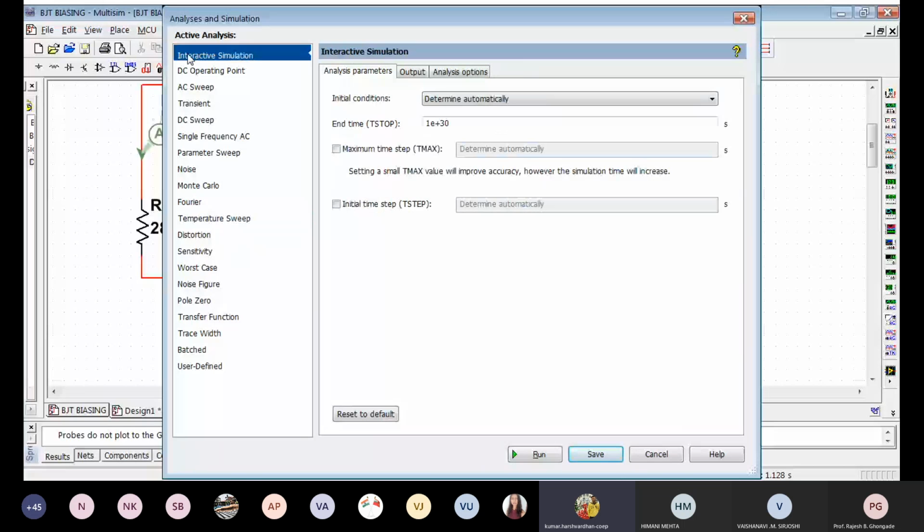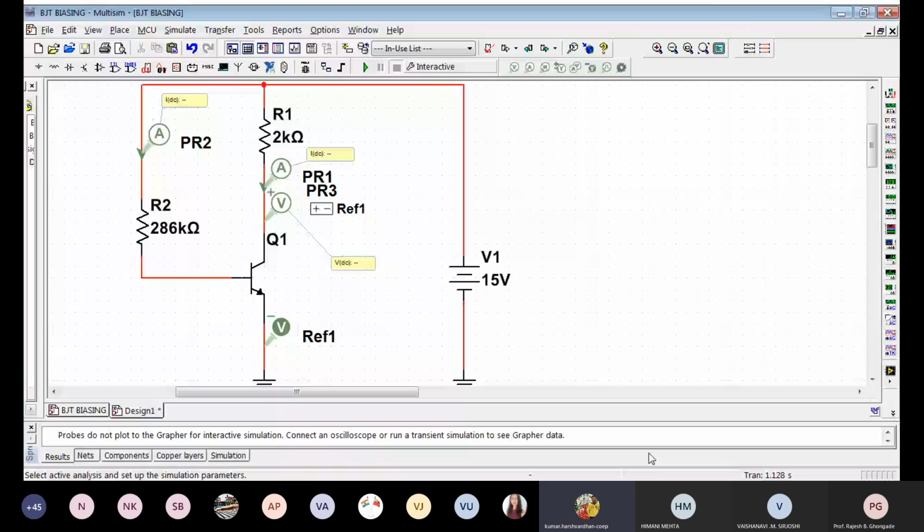For interactive simulation, let me see where I can change the temperature.